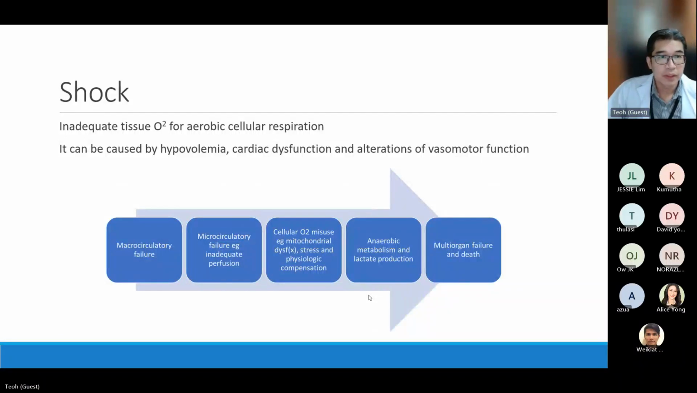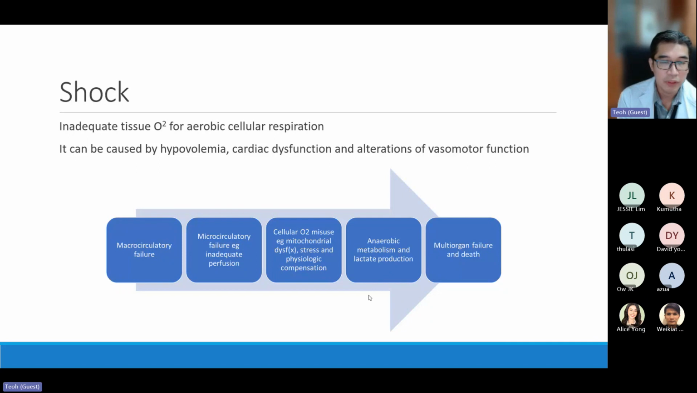And as an introduction, shock can be defined as inadequate tissue oxygen for aerobic cellular respiration. Basically, this is kind of like a mismatch between the supply and demand of oxygen. And it can be due to a reduction in the supply or an increase in the oxygen demand by the cell. And regarding the cause, it can roughly be divided into a few